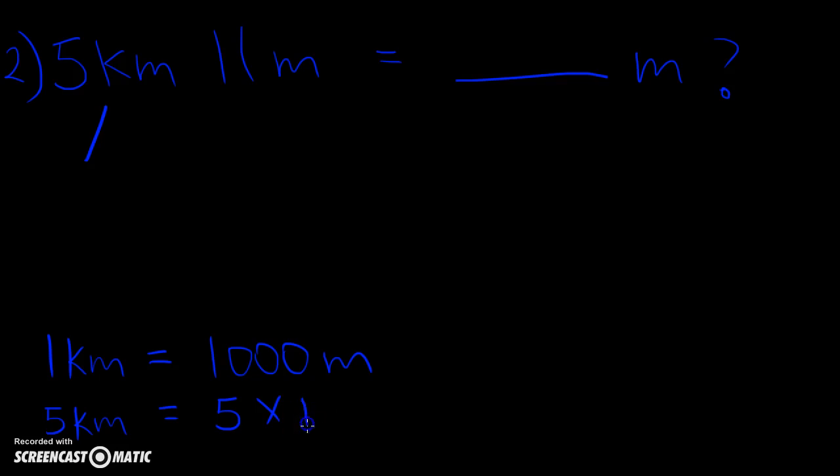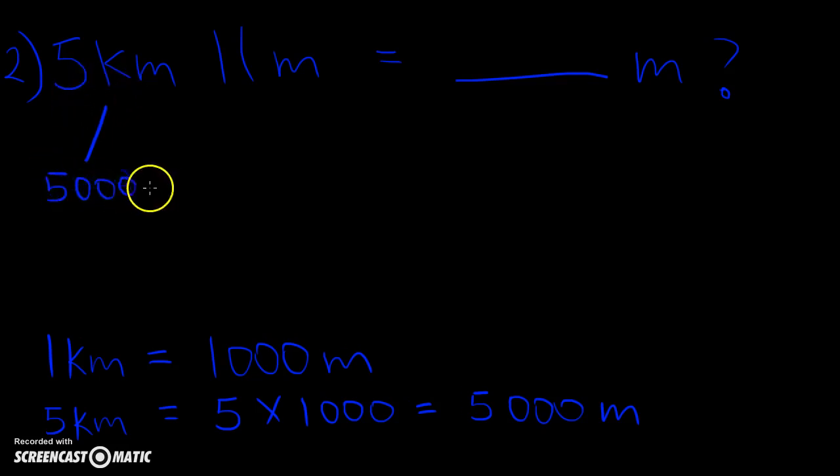It's actually 5 times 1000 equals 5000 meters. So I know 5 kilometers gives me 5000 meters, and you add 11 meters,